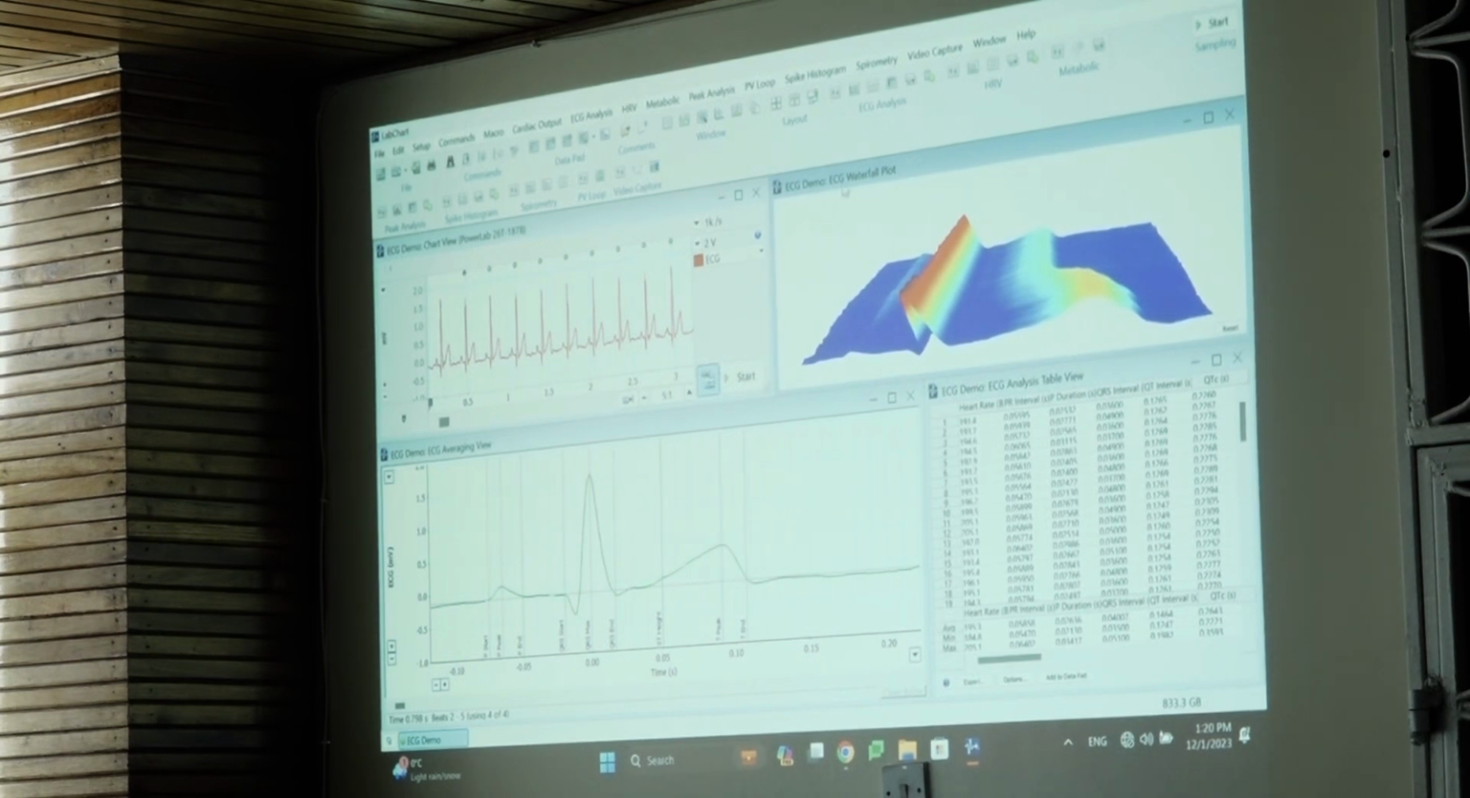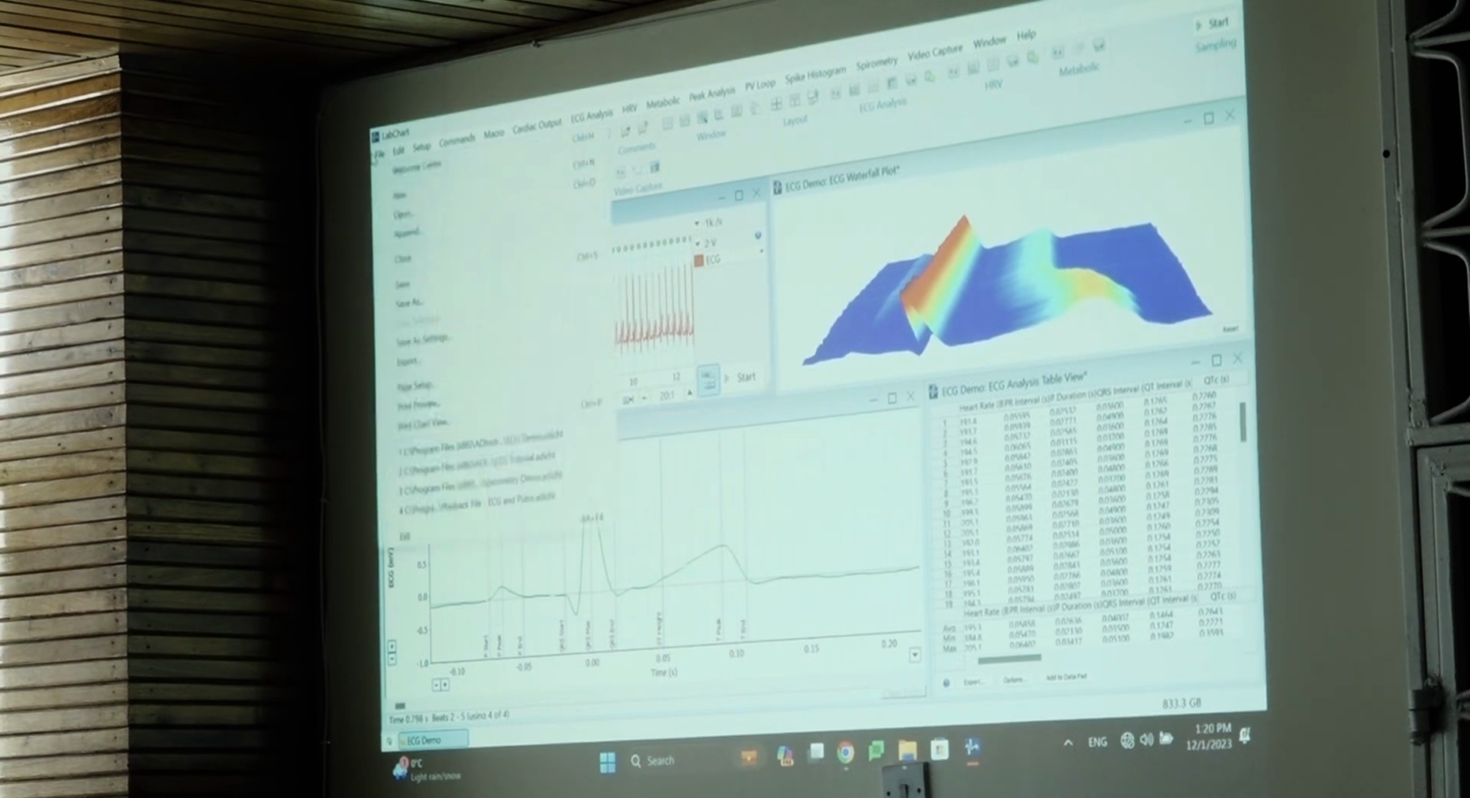Here you can see all these green dots above the ECG. It's an auto detection, so the software automatically detects the QRS peak and calculates heart rate and so on from it. So yeah, and if we want to just do a new one,